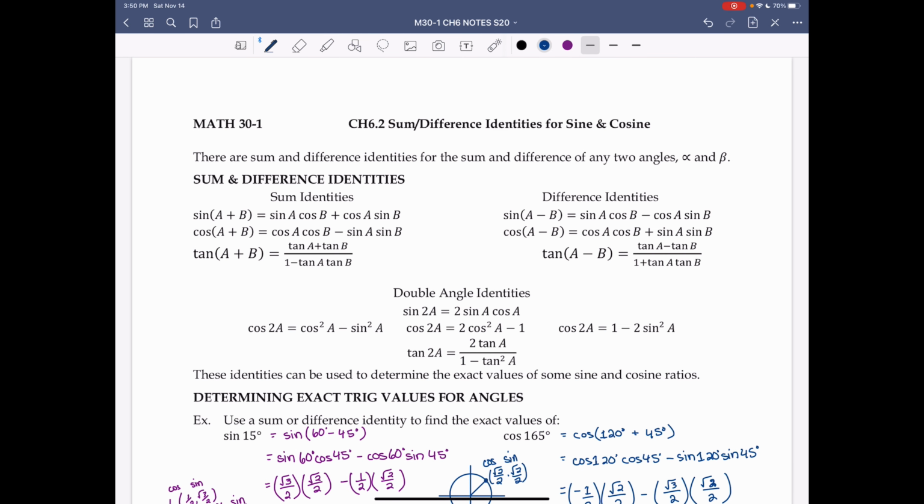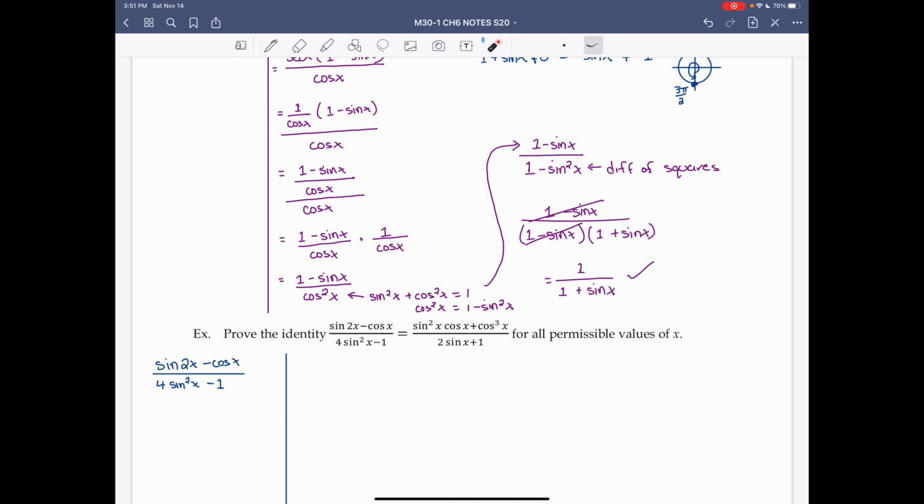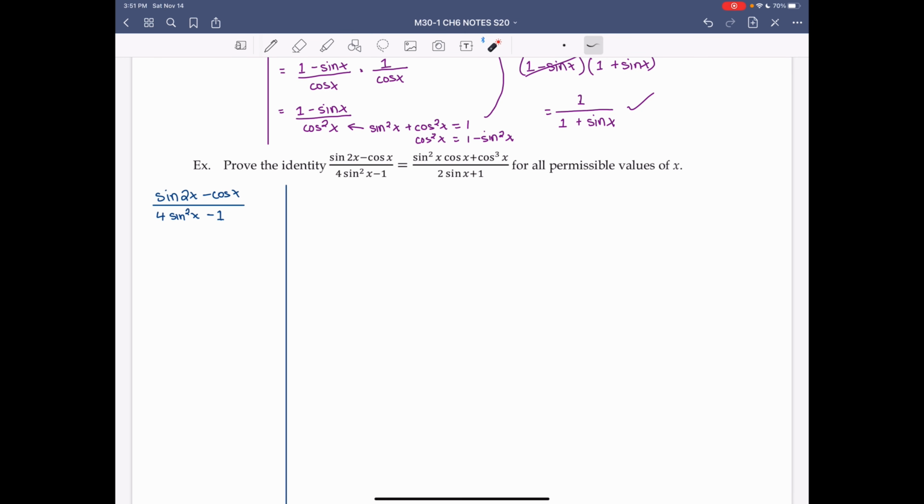My double angle identity for sine is 2 sine A cos A. So I have 2 sine x cos x minus cos x over